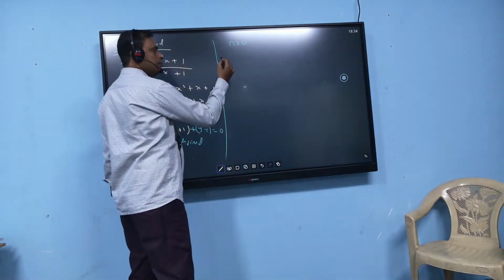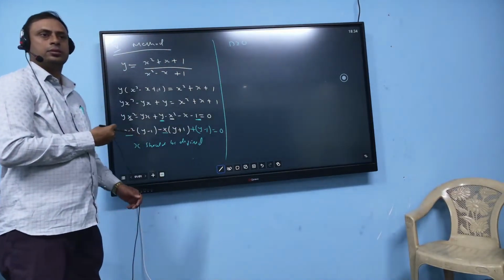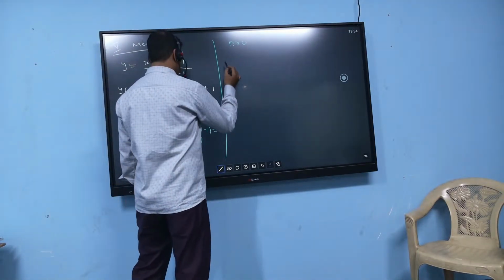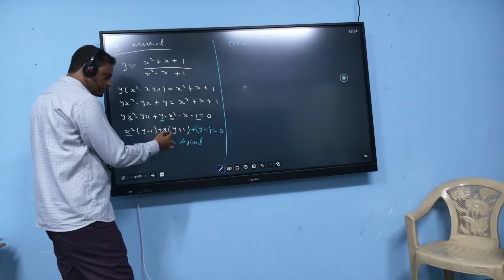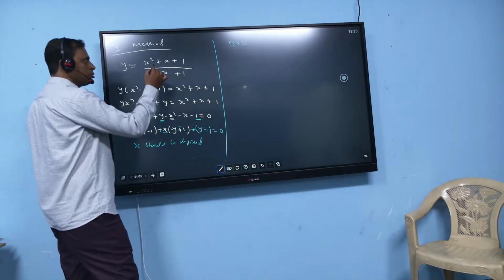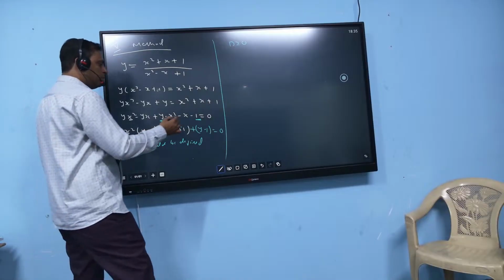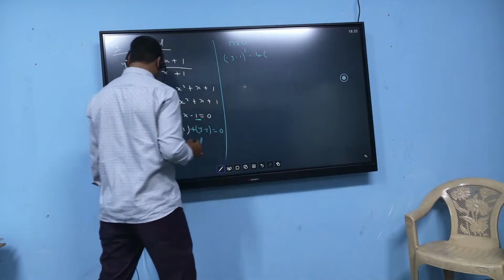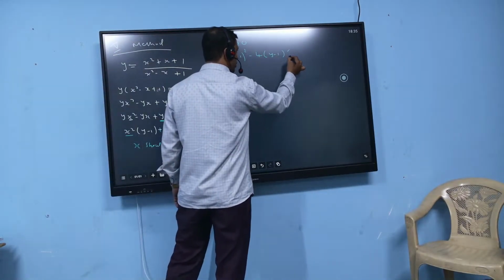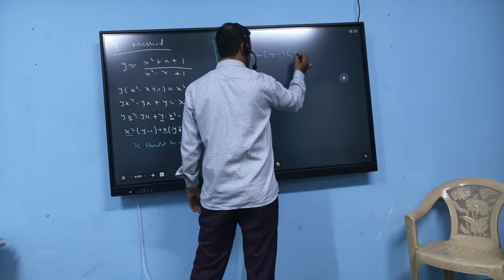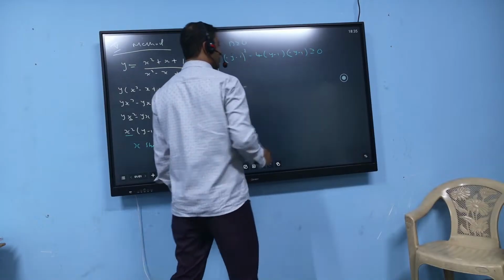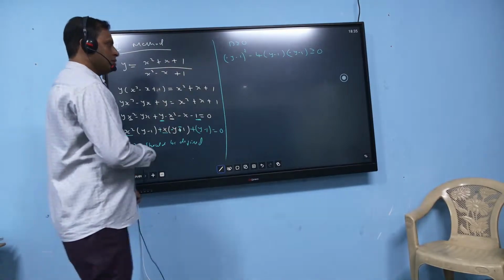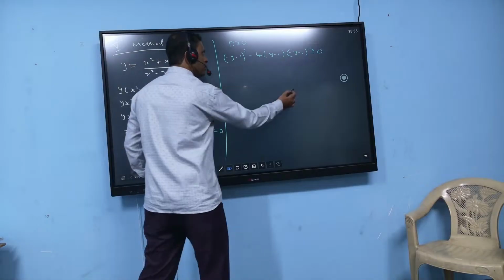What is d? D is B square minus 4ac. So what is b here? What we'll do, we'll take here as plus. So this will become minus and minus, because ax square plus bx plus c के फॉर्म में रहता है नहीं. So b is minus y minus 1 whole square minus 4. What is a? Y minus 1. What is b? Is this okay? B square minus 4ac. Sorry, c is wrong. C is,